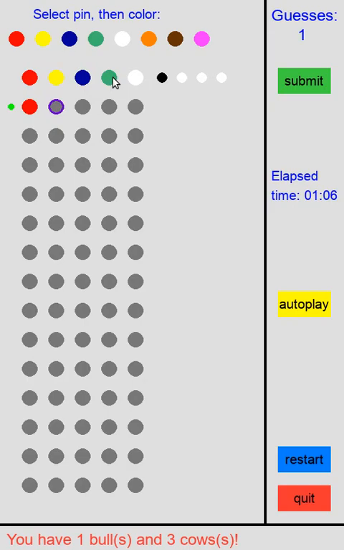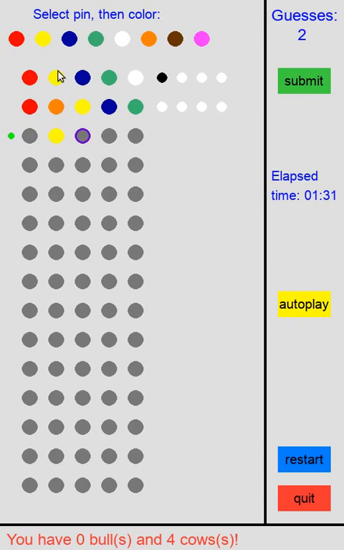So we now choose another color, for example orange, which was not present in the first guess, and which basically is this color missing here. And then we choose the next 3 from the first guess and submit. Now we have still 4 colors present in the sequence, but no bull, which means red can't be in the first position. So let's, for example, assume that